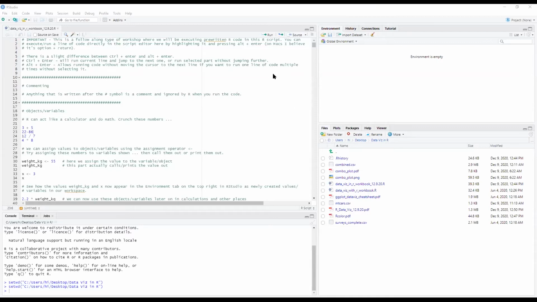I have a feeling, Bhavna, that maybe you don't have both R and RStudio. It just doesn't know that that file is an R script file and should be opened by RStudio. So maybe open up RStudio. If you do have RStudio installed already, open it up, go to File at the very top and try to open that script file.